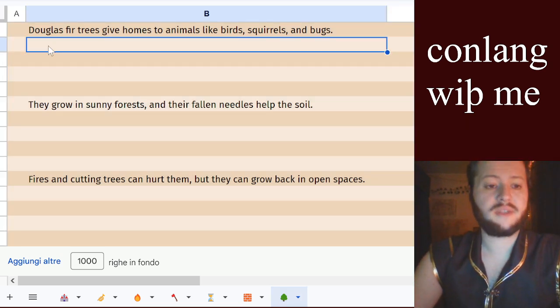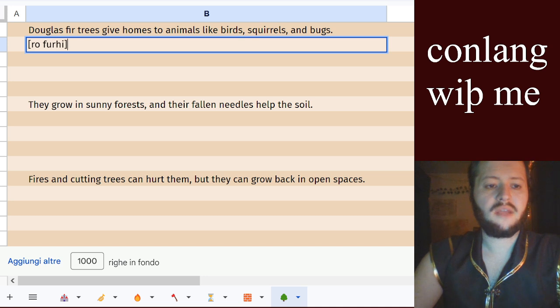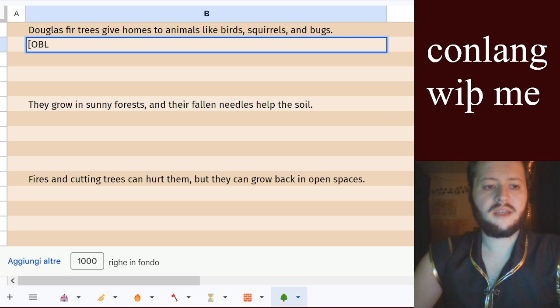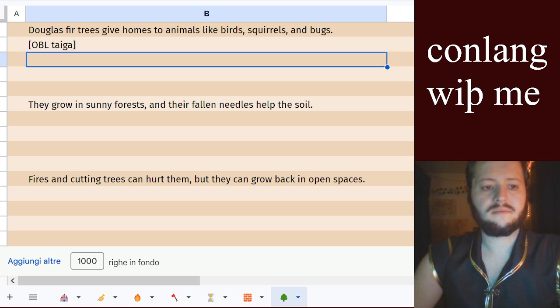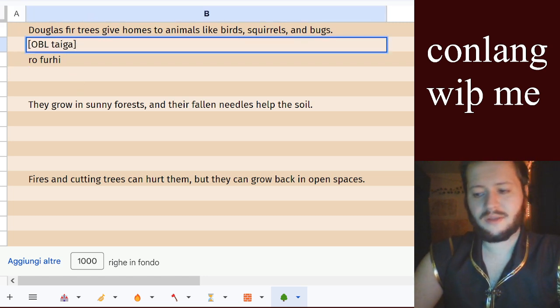So I'm going to rephrase how I want to say this. I want to give context, and that context is going to use the oblique, I think. Oblique taiga, so that's like rho 40. And 40 is etymologically related to the word fur, because it's from an Old Germanic language. And here we're going to have home. Home is the gloss I'm using for habitat. Home, but it's going to be